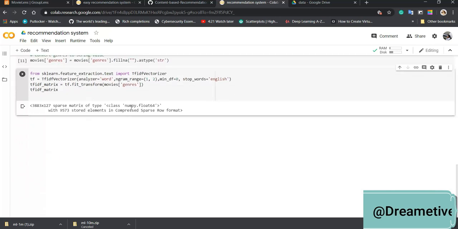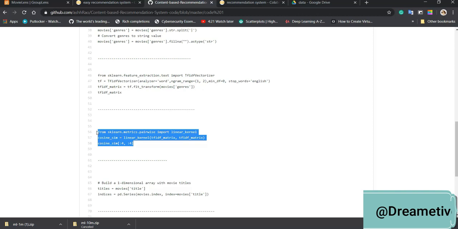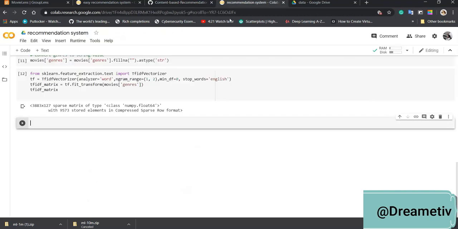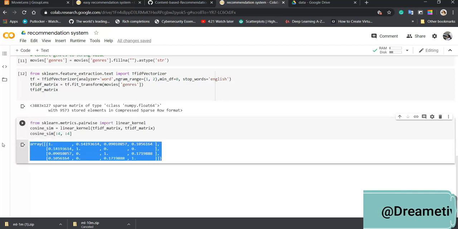And we will be using cosine similarity to calculate a numeric quantity that denotes the similarity between two movies. Since we have used the TF-IDF vectorizer, calculating the dot product will directly give us the cosine similarity score. Therefore, we will use sklearn's linear kernel instead of cosine similarity, since it is much faster.